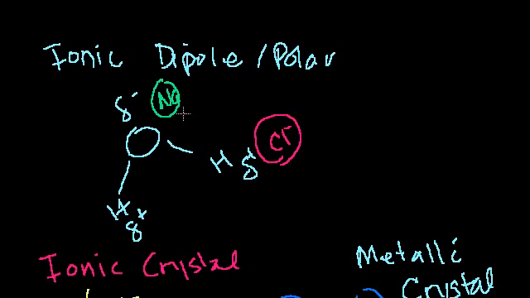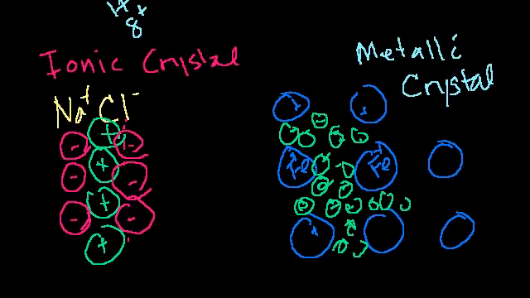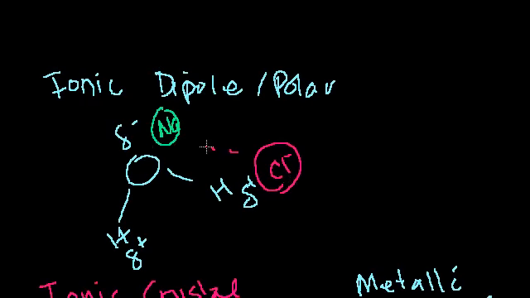They don't necessarily want to be, they still want to be attracted to each other, but they're still also attracted to different sides of the water. So it allows them to get dissolved and kind of go with the flow of the water. So when you dissolve an ionic crystal into water, as an ionic crystal, it's not a good conductor of electricity, not a lot of charge that is really movable in this state. But here, all of a sudden, we have these charged particles that can move. And because they can move, when you put salt, sodium chloride, in water, that does become conductive.